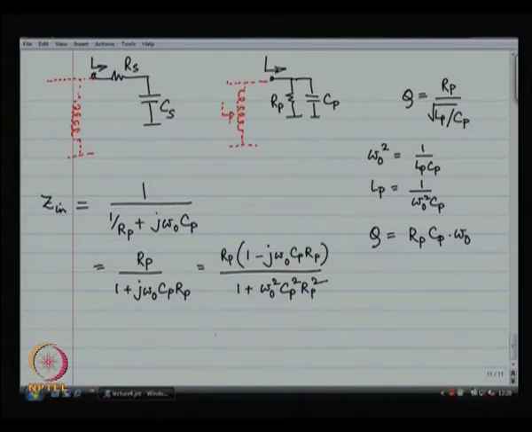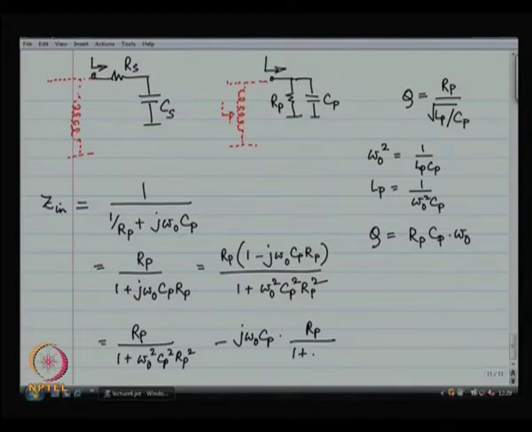And the final result is, this is my final result, and what is very neat over here is the fact that